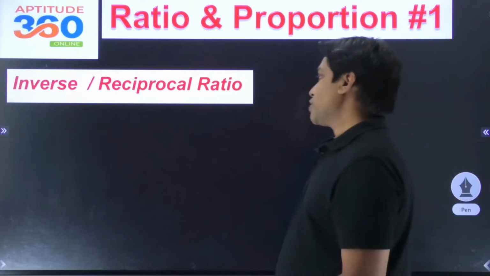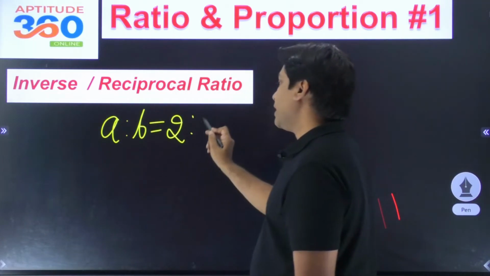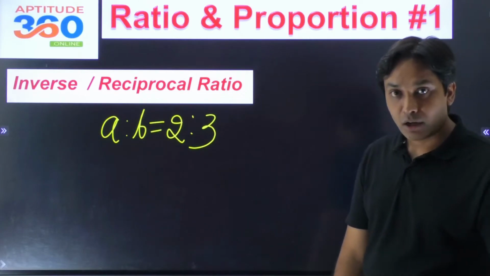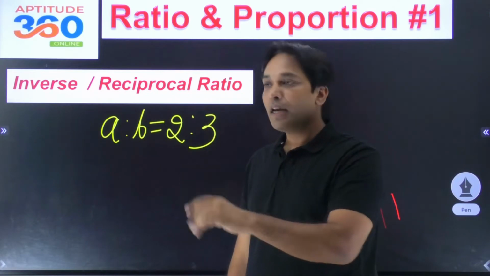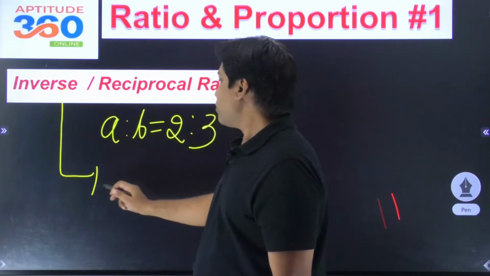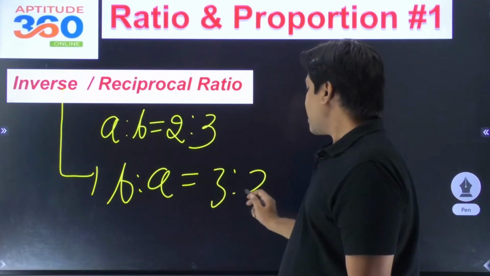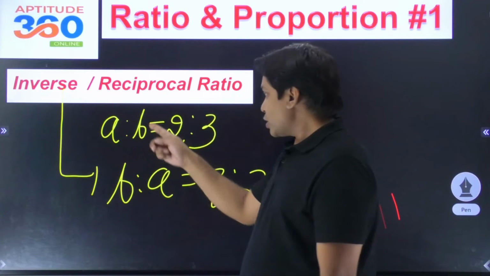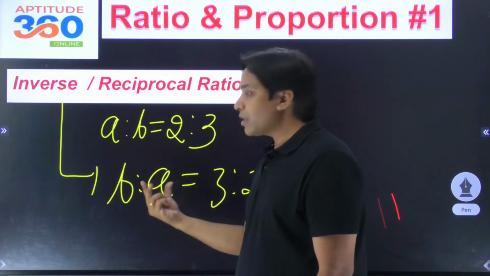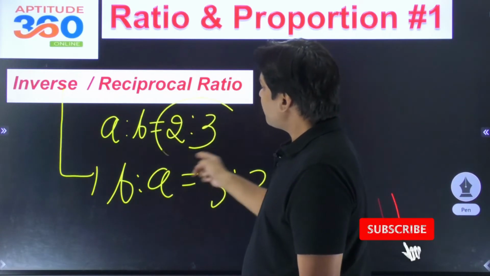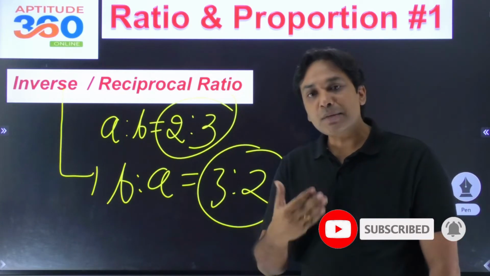चलो, व्हाट इज द इनवर्स रेशियो? A:B इफ इट इज गिवन टू यू एज 2:3, अगर ये आपको दे के रखा हुआ है, यानी इसका क्या मतलब हो गया? यू आर कंपेयरिंग द वैल्यू ऑफ A विद द वैल्यू ऑफ B। अब आपसे वो चाहता है कि इसको इन्वर्स कर दो। इस इन्वर्स करने का क्या मतलब है कि आप इसको निकाल दो B:A। B:A ऑब्वियसली इट इज गोइंग टू बी 3:2। यानी इस सिचुएशन में जब द वैल्यू ऑफ A इज बीइंग कंपेयर्ड विद द वैल्यू ऑफ B, नाउ B इज गेटिंग कंपेयर्ड विद द वैल्यू ऑफ A। आप क्या करो, सिर्फ 1/, कर दो यार, काम खत्म हो गया आपका। तो ये पता होना चाहिए कि भाई इनवर्स रेशियो क्या होता है, रेसिप्रोकल रेशियो क्या होता है।